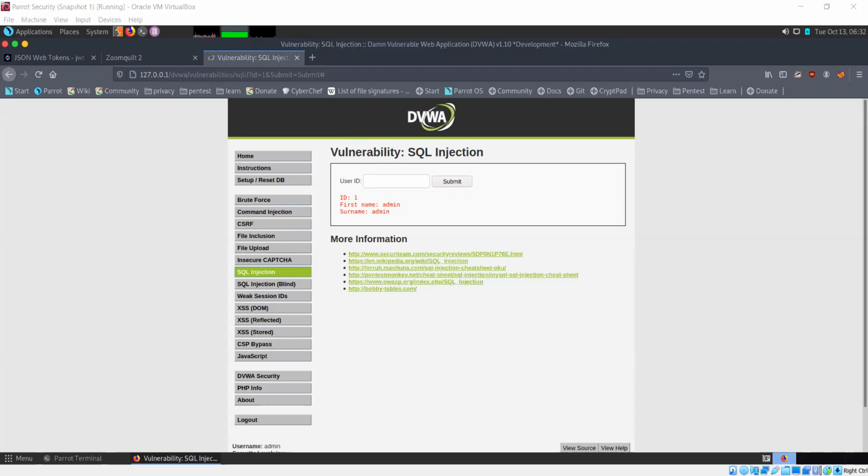Let's say ID 3 again. So okay, this entry simply says hacking. 3, 4, 5, whatever you want to give. You'll get the name regarding the user whose ID you specify.